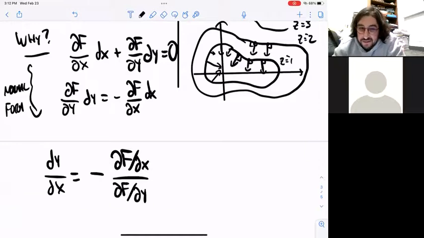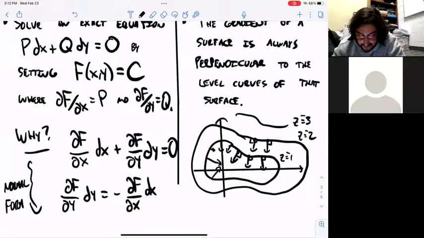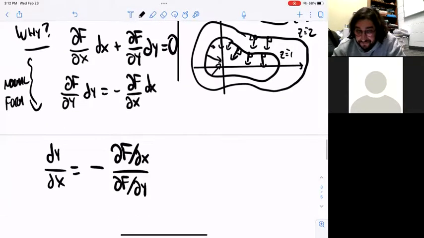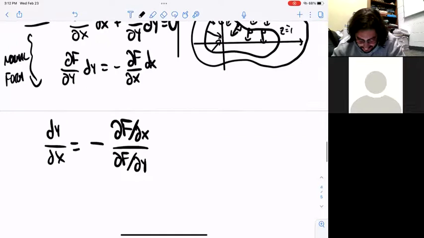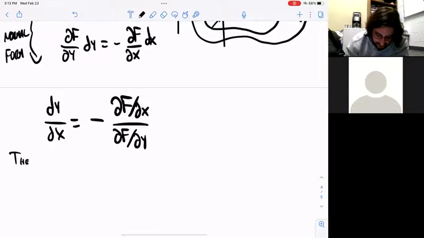Right. So this is our differential equation written in normal form. We took our differential equation that was in differential form, and then we rewrote it in normal form. Okay. Well, what is this saying? If you say this in words, this is saying that the solutions to this DE